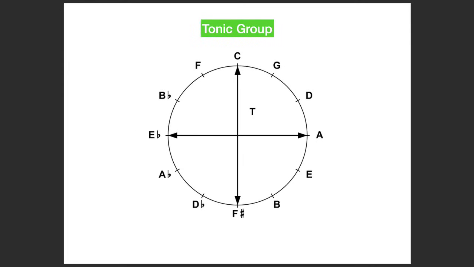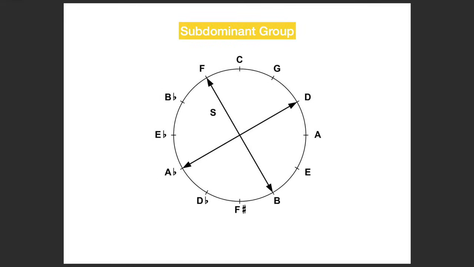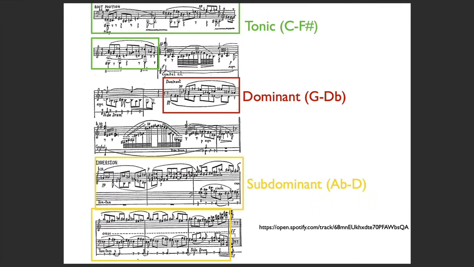So to recap, we have a tonic group, a dominant group and a subdominant group. This means that if we want to create a sort of cadence of subdominant to dominant to tonic, we can use them in these sort of fields. We can interchange between these keys or chords. This is just what happens in a lot of Bartók's music. Here you can see that C major and F major are used as a sort of tonic space or field.